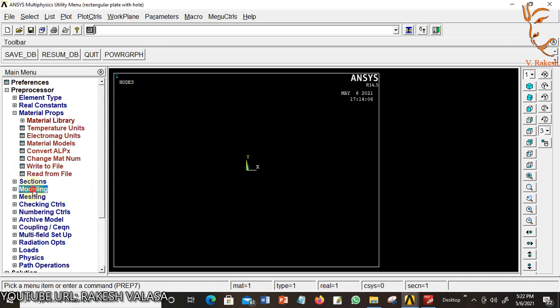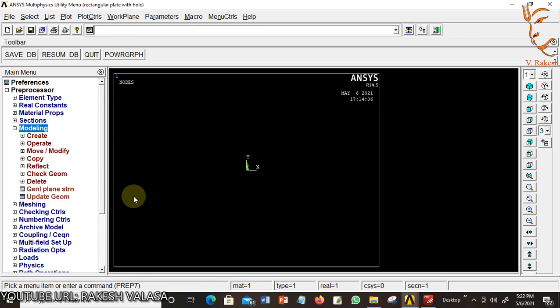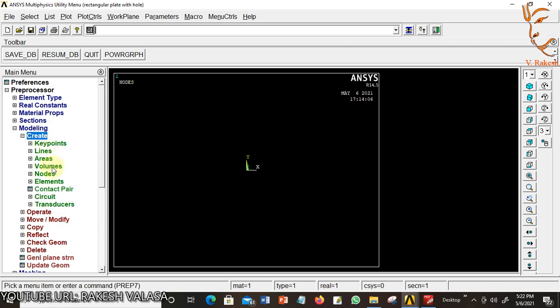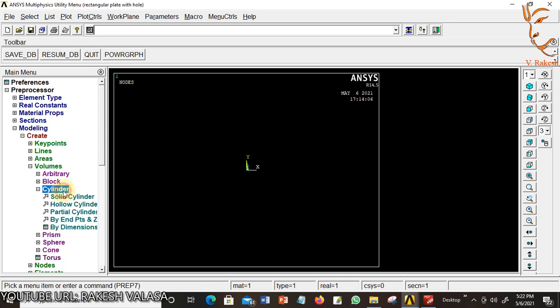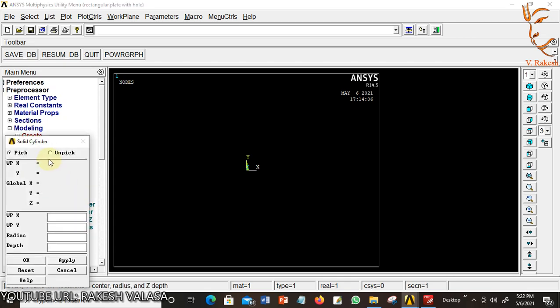The next step is modeling. By using this modeling, now I create the given model in this ANSYS software. Modeling, create, volumes. The given problem has a cylindrical model shape, so that's why I'm choosing cylinder, solid cylinder.